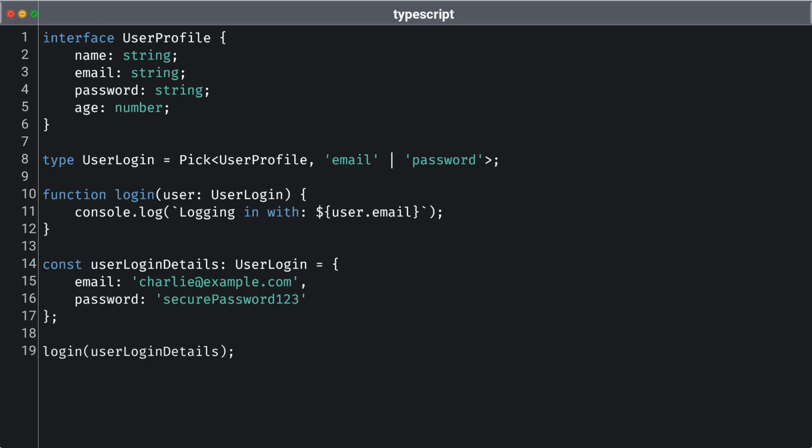Next, we create a new type, UserLogin, using the Pick utility. This newly defined type includes only the email and password properties from the UserProfile. By doing this, we streamline our function requirements, allowing the login function to accept only the essential information it needs to proceed with user authentication. This not only reduces the risk of passing unnecessary data, but also enhances type safety by ensuring that only the